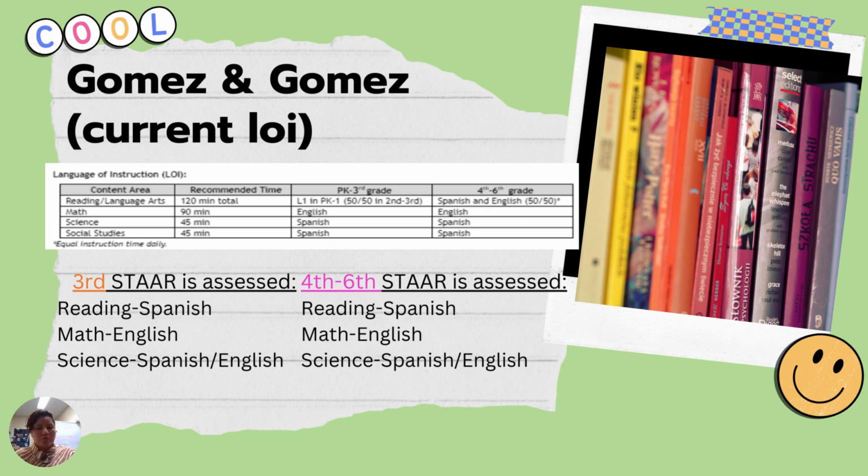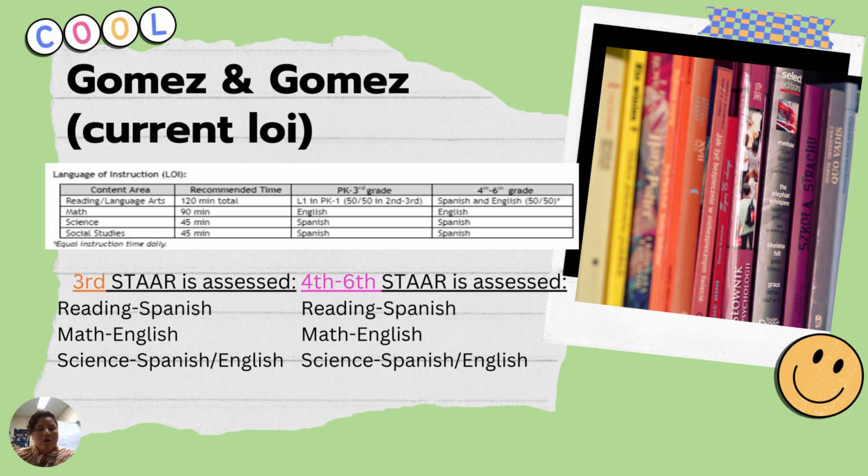You can use the AWARE documentation to see which one would be the best route for them. Fourth through sixth grade, it's the exact same thing. Reading in Spanish, math and English, science, it could go either way. Now, here's the thing. Like I said before, we have to make sure that it's well justified, right? This is well justified because this is a program decision. But what I mean is that if you're going to test a student in math in Spanish, we have to have